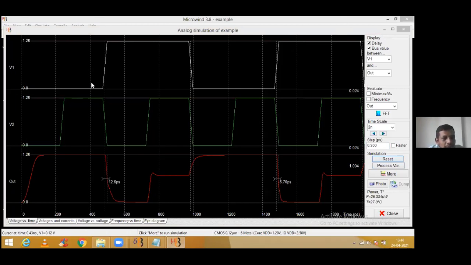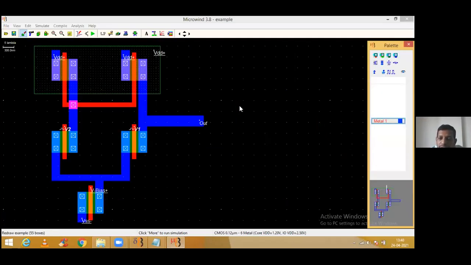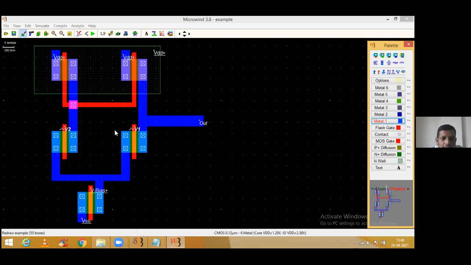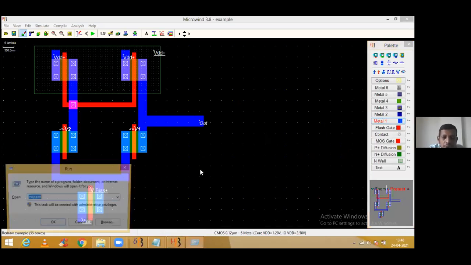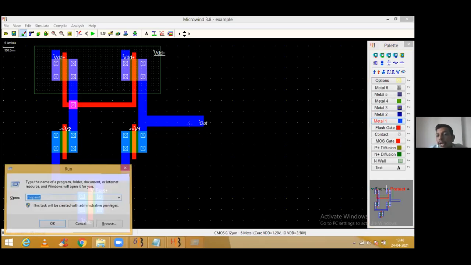Guys, what input we are applying right now? We are applying a simple square wave. We are applying Pulse, simple clocks, and these are fully restored. It means that we are starting from 0, reaching to 1 for both of the inputs, V1 and V2. Am I right? But guys, the differential, how will come across the differences? Until and unless you won't apply that V1, V2 in a differential manner, how will come across that differential behavior of the differential amplifier? So in such a cases, guys, you need to acquainted with differential clock inputs.